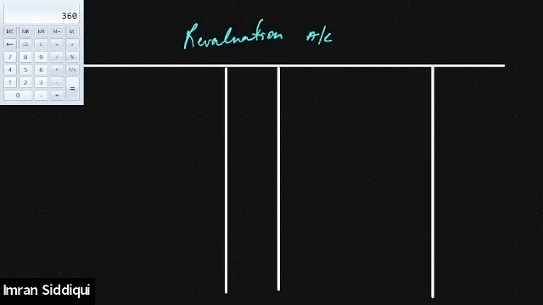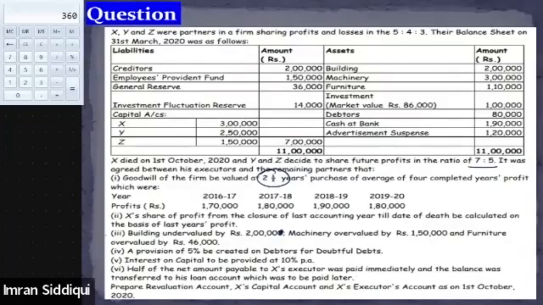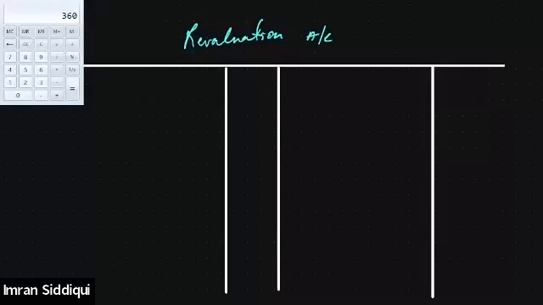All right. See, as it is given in the question, the building is being revalued. The first thing given regarding the revaluation is that the value of the building is undervalued by 2 lakh. Let's presume that there is no mistake in the question. Let's consider it 2 lakh only. So the value of the building is undervalued by 2 lakh. So we will show it on the